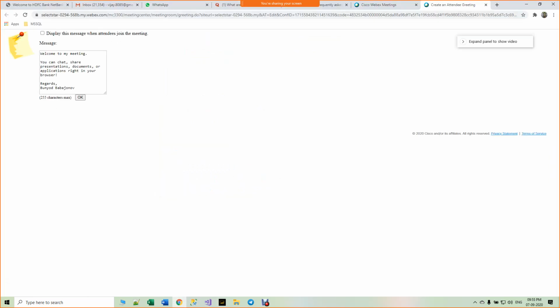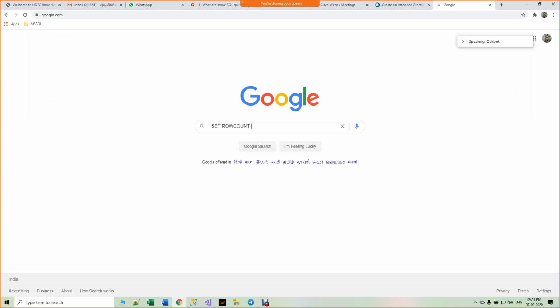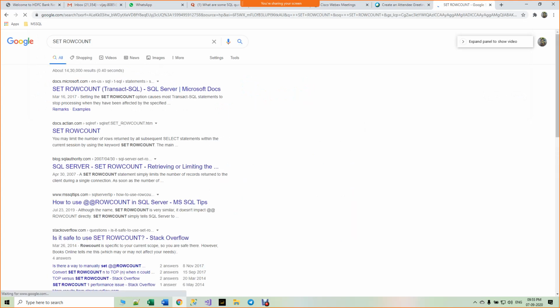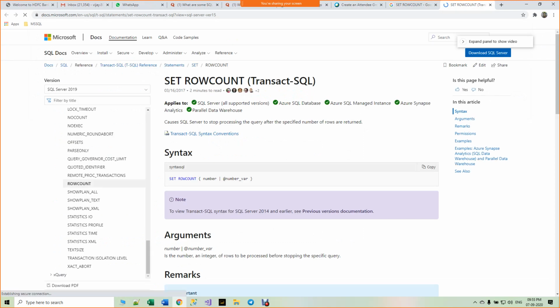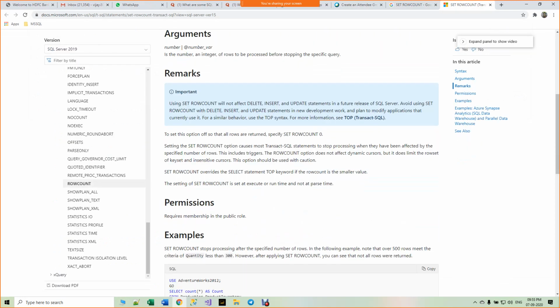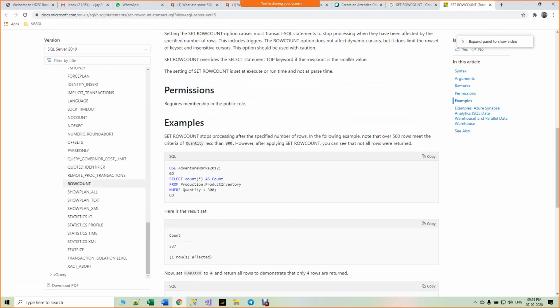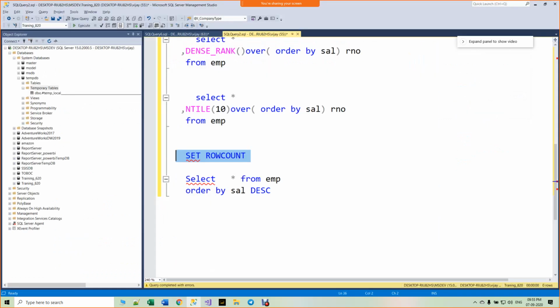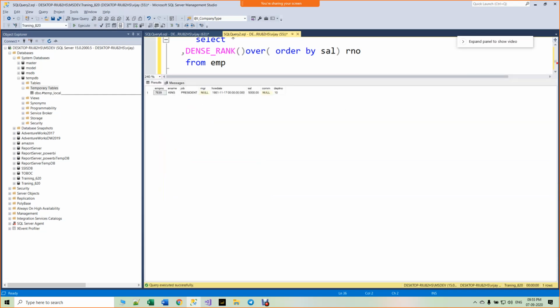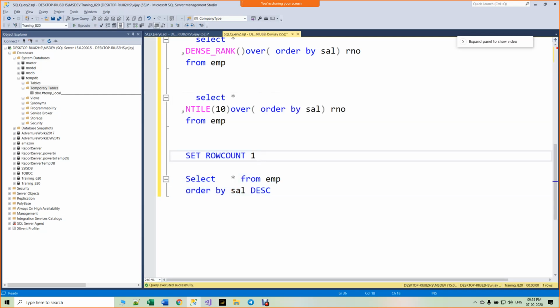I forgot the syntax. Okay. Instead of top clause, you can use set row count 1 also. It acts just like the top clause.